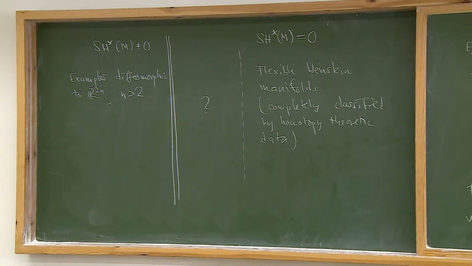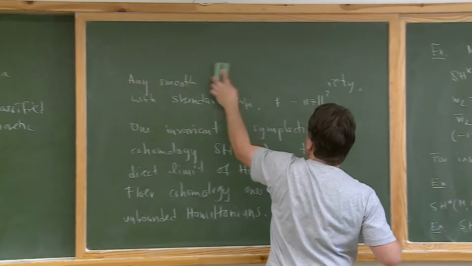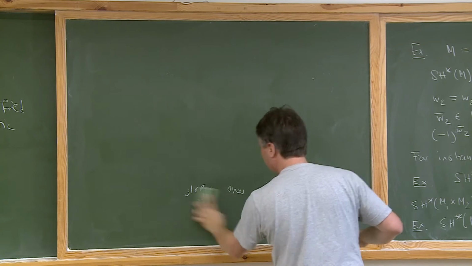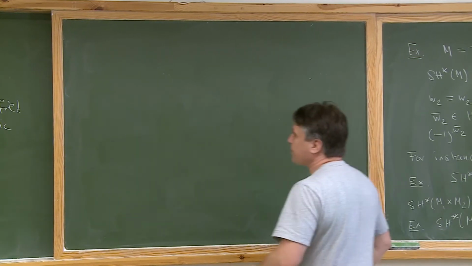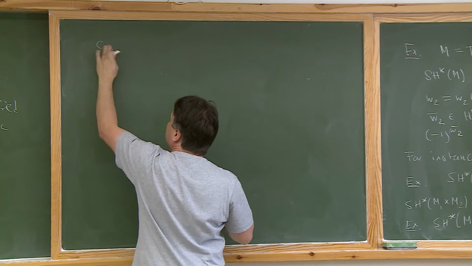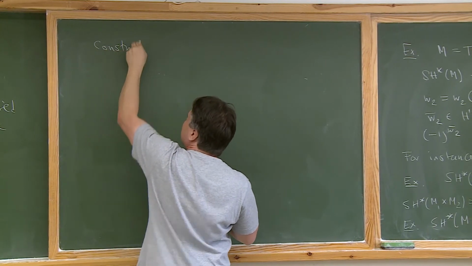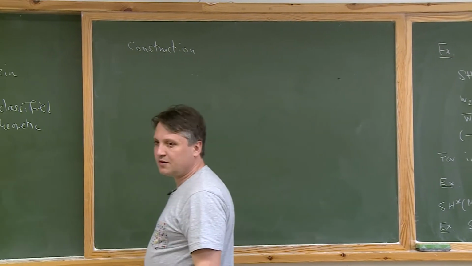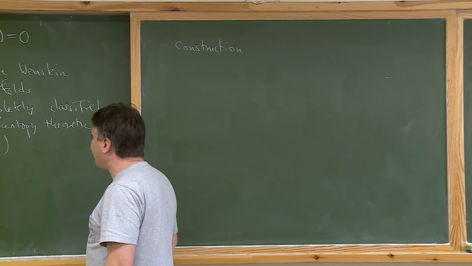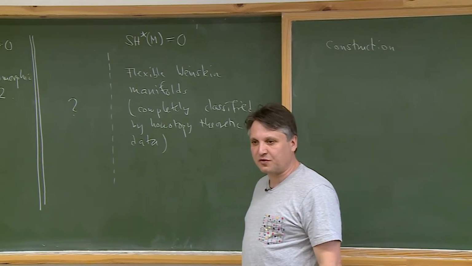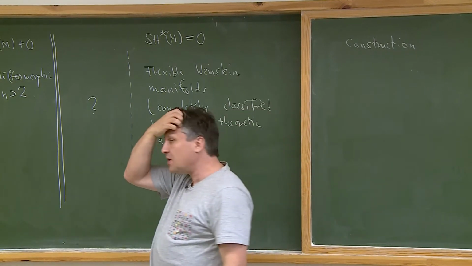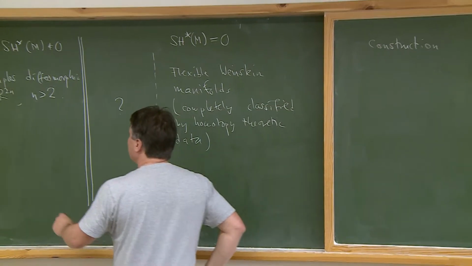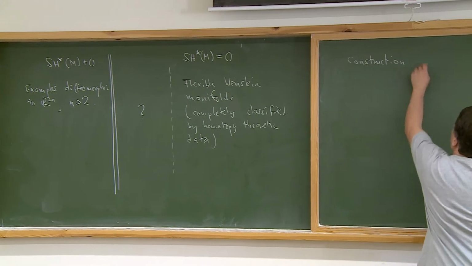So I want to give you a concrete example here of how we construct these things, even though maybe I will regret that I did it, but okay. So the fact that they completely classify the homotopy is a kind of Gromov's h-principle applicable. It's a very, very complicated application of a Gromov-style h-principle argument. Okay, and this is due to, well, I will not give you the history. Okay, so,